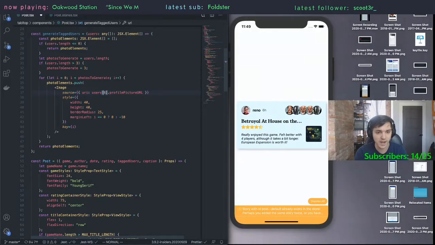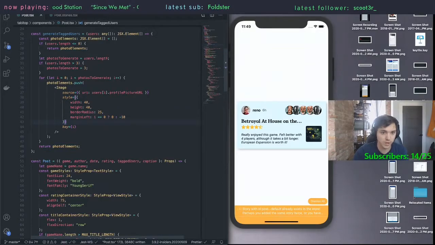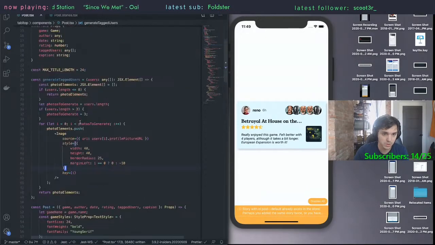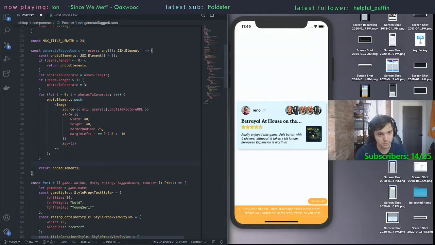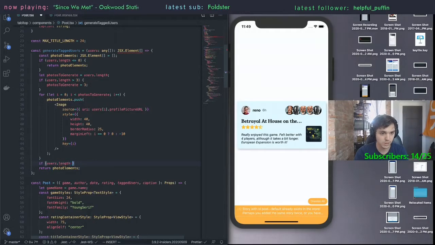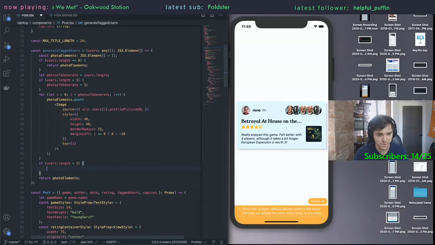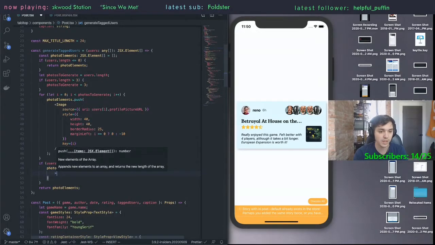So users at their profile picture. Oh god, I can't type. Okay, so I think that should work. And then we're checking the length twice, which seems kind of bad, but whatever, it's fine. Feels bad. Is it bad? No, it's probably fine. So basically, if there's that extra one, we need to do the extra, which is photo elements dot push, which is going to be a